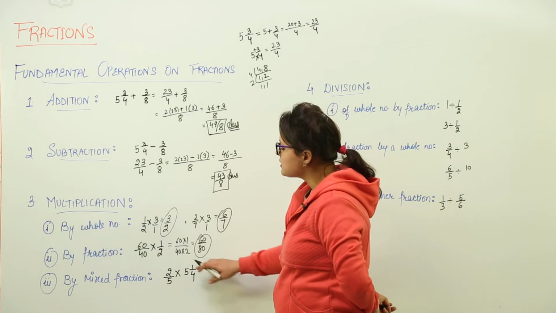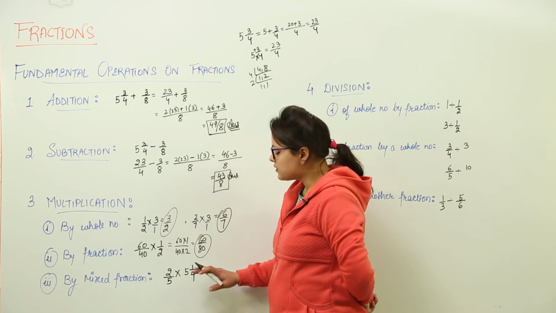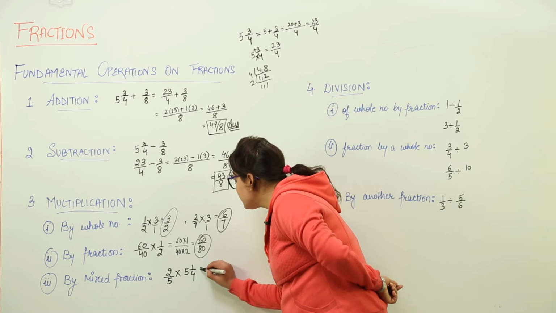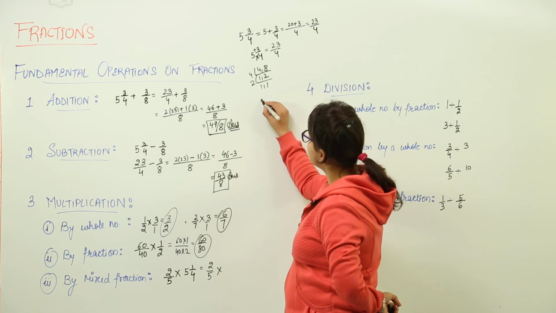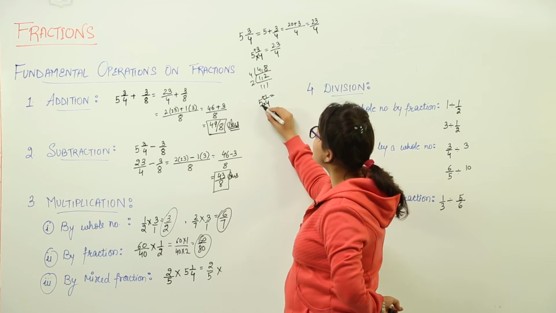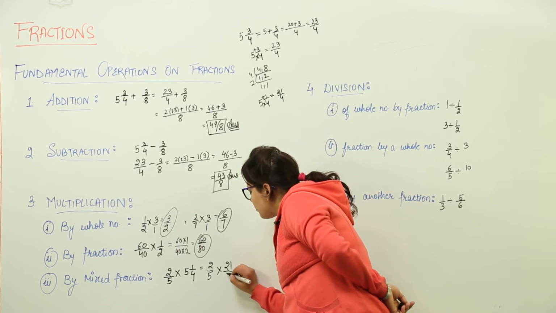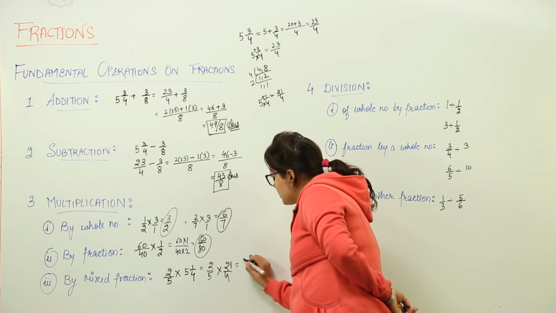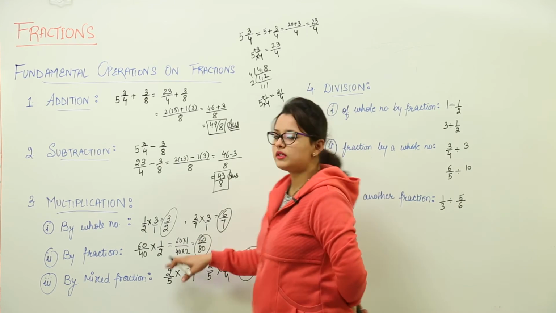Right? Next is the multiplication of a fraction by a mixed fraction. Simple step. First convert the mixed fraction into the proper one. So how do we convert that? We will write here 2 by 5 multiplied with, let us do the conversion, 5 1 by 4. Make a multiplication sign, plus sign. 4 5s are 20 plus 1, 21 over 4. So you write 21 over 4 and on solving you would get, multiply the numerator with numerator, 42 upon 20. This is the multiplication for the fractions.